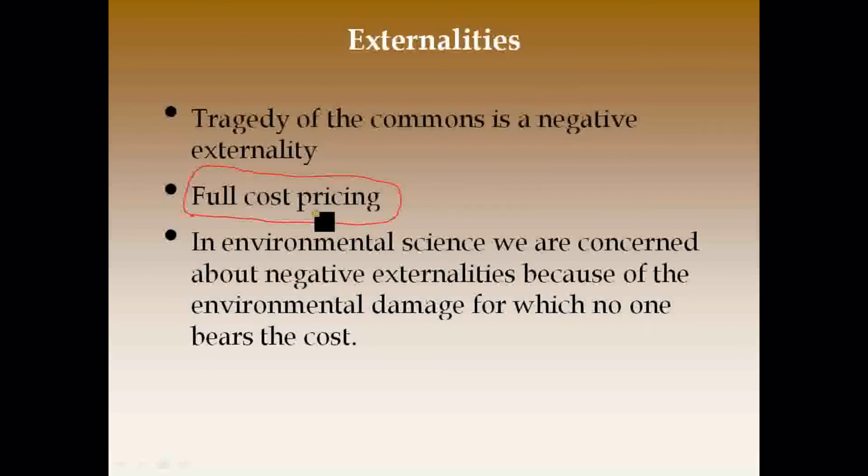Instead, especially when it comes to environment, we ignore these negative externalities and we allow society to pay for them. Here it says, because environmental damage for which no one bears the cost. But we will. And sometimes we already do. It all depends on what the environmental issue is. We're not paying the price for climate change yet, but somebody's bearing the cost for the damage to the land that's happening to raise those turkeys. And that's just one example.